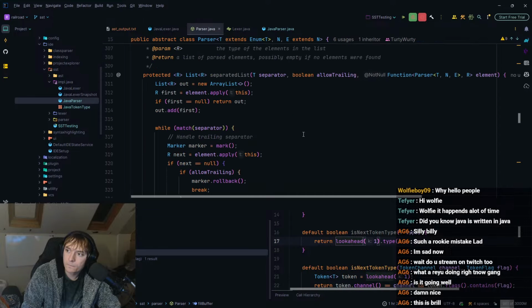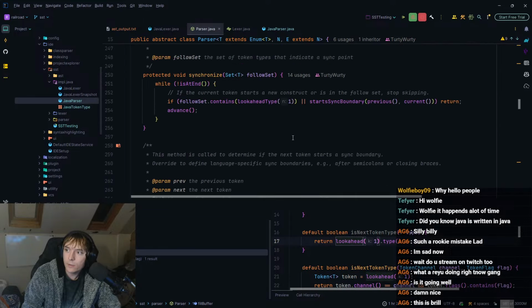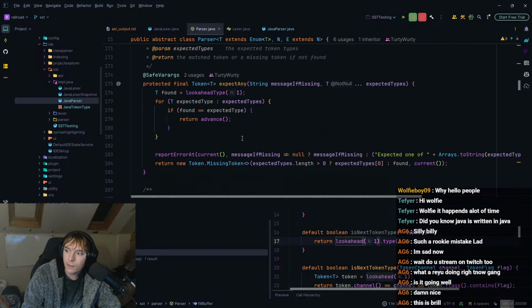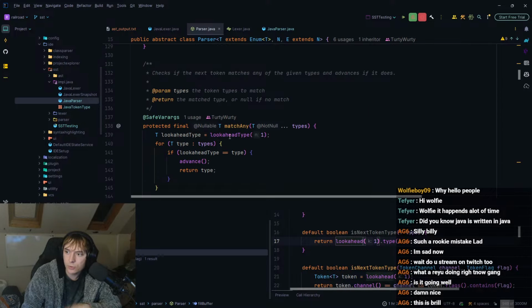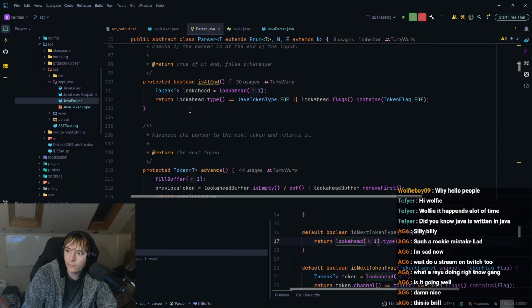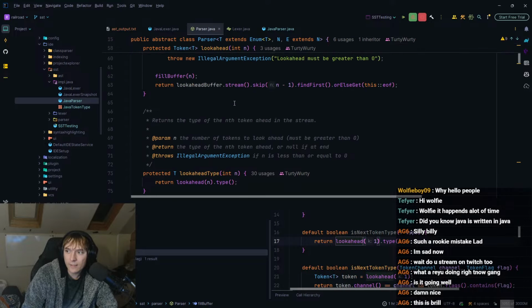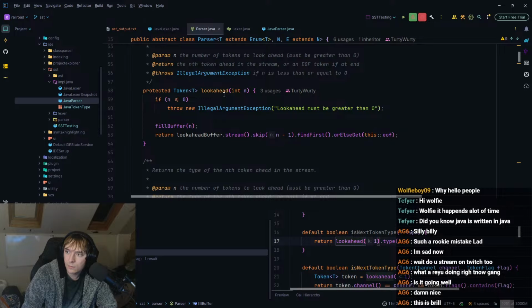Yeah. But if I call look ahead, that should actually just call lexer.lookahead, I believe. Or is at n should call lexer.is at n, I guess. But I guess it also doesn't really matter.